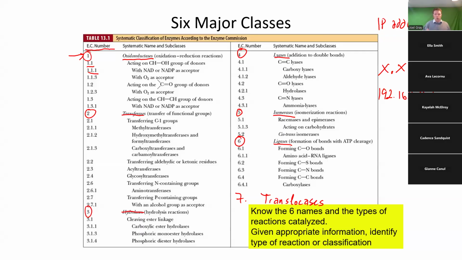But I like to look at these numbers right here as similar to IP addresses because they give you some information. For example, this first grouping, this first number, would be basically your big class. What type of enzyme is this? Oh, it's an oxidoreductase. Okay, so type. The second number would tell you a little bit about maybe the substrate used. The next number would be maybe something about the product generated. And then the last one would be the specific